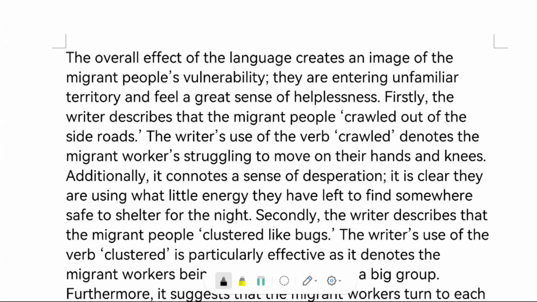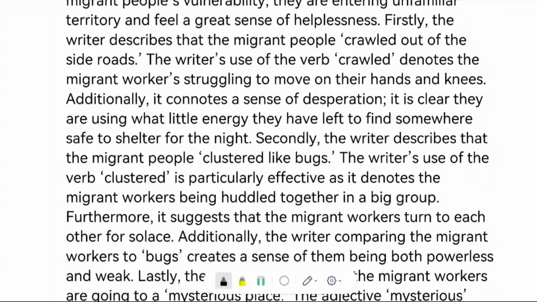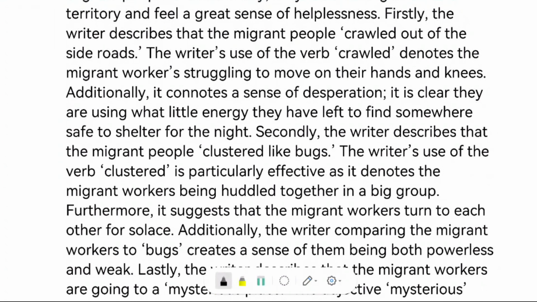So the overall effect of the language creates an image of the migrant people's vulnerability. They are entering unfamiliar territory and feel a great sense of helplessness. Firstly, the writer describes that the migrant people crawled out of the side roads. The writer's use of the verb crawled denotes the migrant workers struggling to move on their hands and knees. Additionally, it connotes a sense of desperation. It is clear that they are using what little energy they have left to find somewhere safe to shelter for